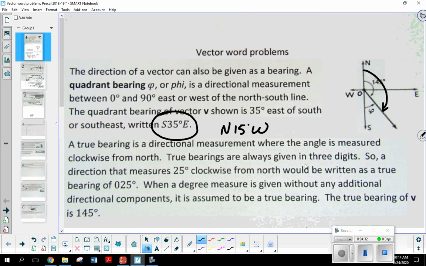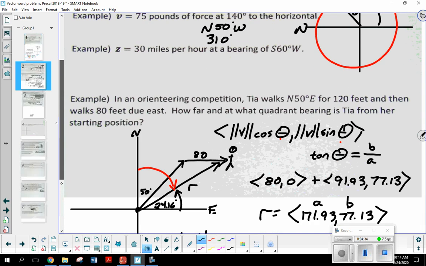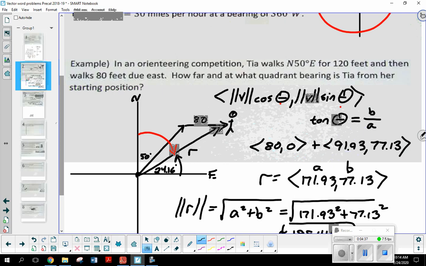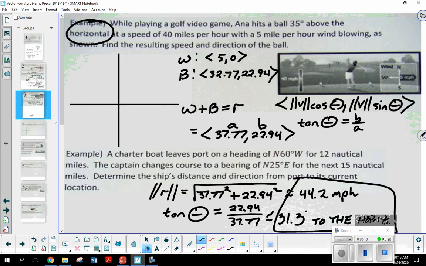Okay, so then we went through several examples. I started to show you a process for these problems. In fact, I went ahead and worked them both ways. The idea is that the 2 vectors that were given, let's call them vectors 1 and 2, if I take the sum of those 2 vectors, it gives me what specific vector? What's that one key word? It starts with an R. The resultant. There we go. By adding the two vectors that were provided, it gives me the resultant vector, which we can then use to answer the question. So we did several examples of those.